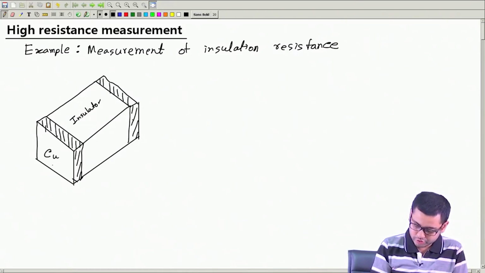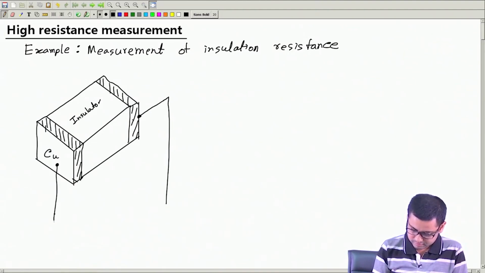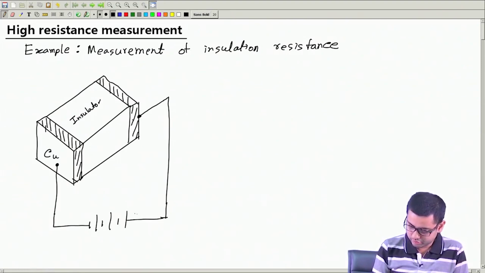Now, what we will do, we can connect these two plates to a voltage source like this. A sufficiently high voltage source,